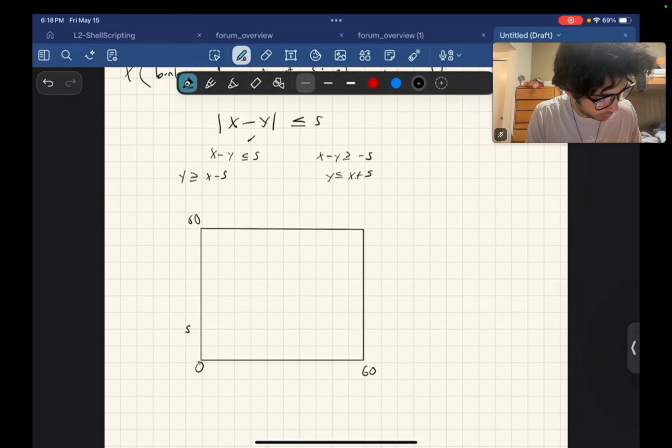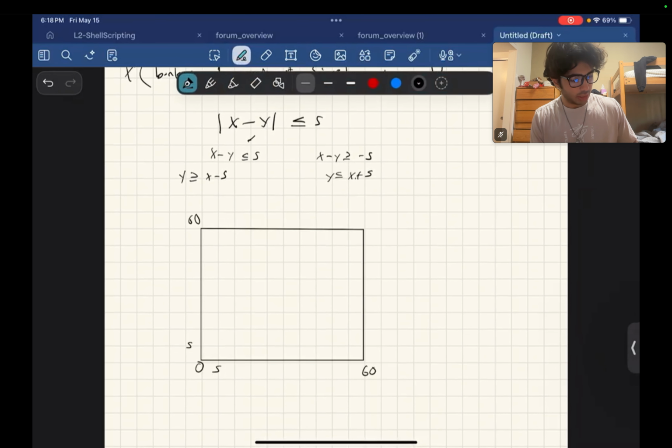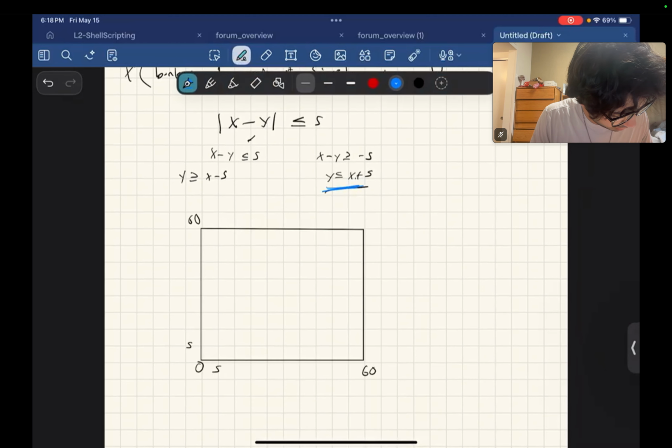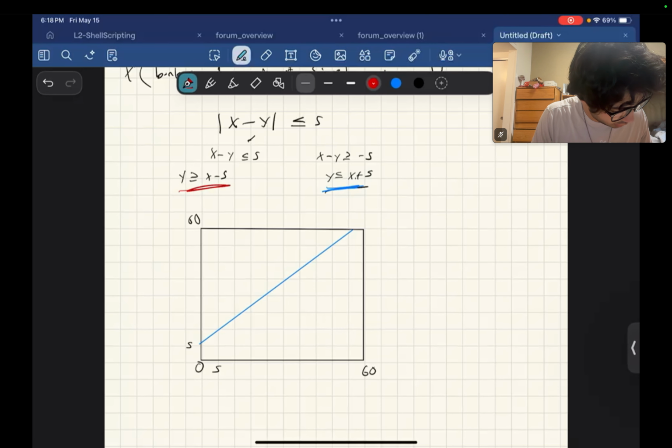It's not to scale, but we're saying this is 5 and this is 5, right here and right here. And we're going to say this top line, we're going to put it in blue. So x plus 5 will go from here to there. This one we'll put in red. It'll go from here